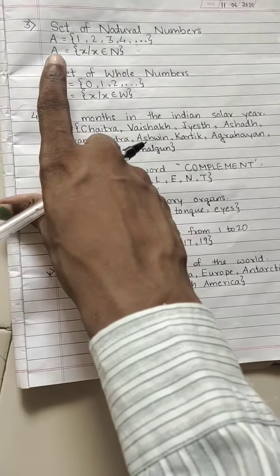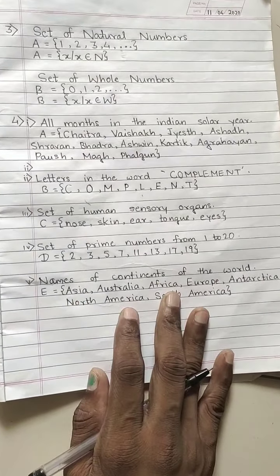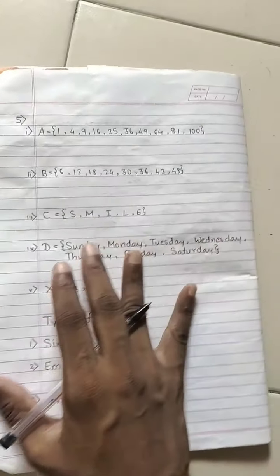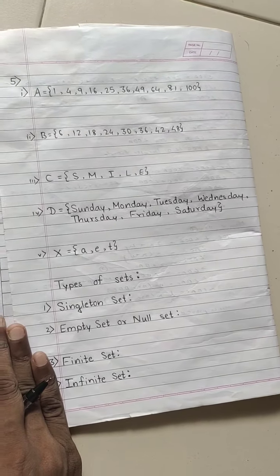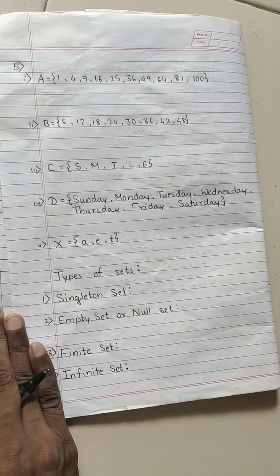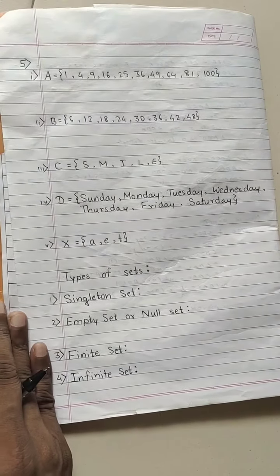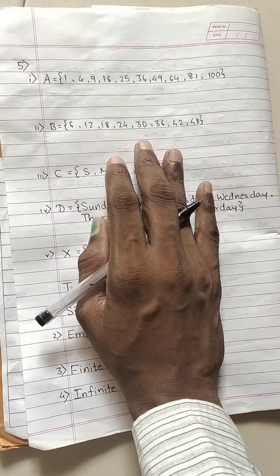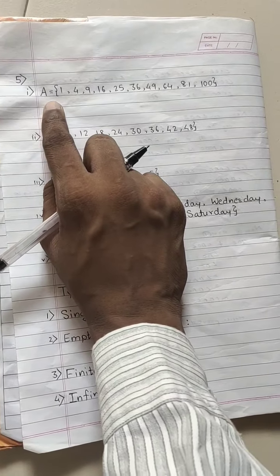So in this way I have solved question number 3 and question number 4, and you can go through it, and it was easier. Now we will move to question number 5. In question number 5 you have to write these 5 sets in the set builder method, or you can say rule method, by using rule method. So it is not that easy. First thing is what you have to identify: what is the rule behind the set, by which rule these elements are written here. Okay, let us see first example.